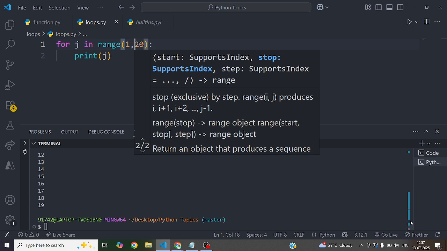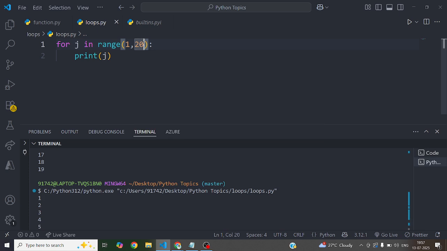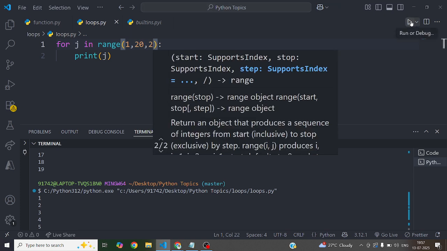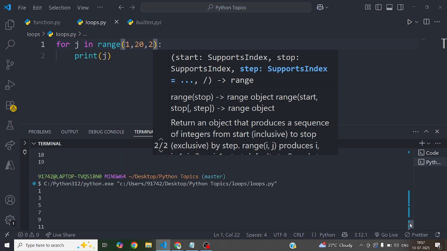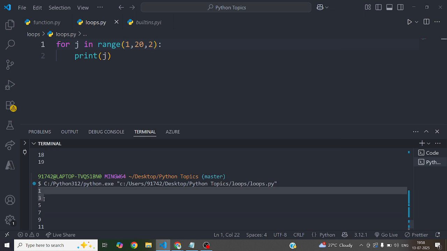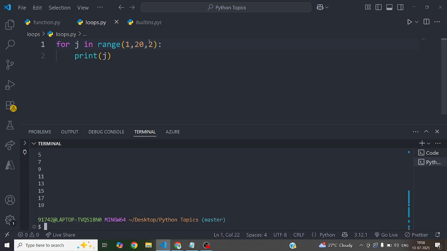Okay, let's see. The end value is 19. You can see the initial value is 1. Now you want to increment by 2. Okay, come here. 1, you can see 1, then 3. By increasing 2 it is printing like that. Now you will ask me,